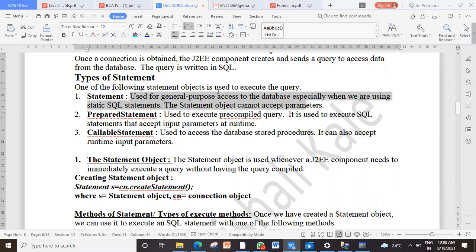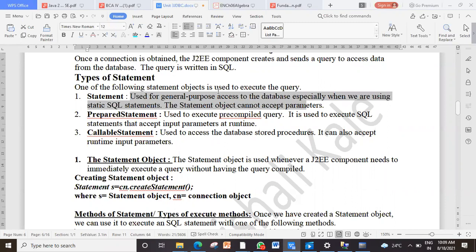What is the opposite of static? Dynamic. What is the difference? Pranay, are you here? What is the meaning of static? Which is constant. Like for example, in your exam also, there will be two types of questions.